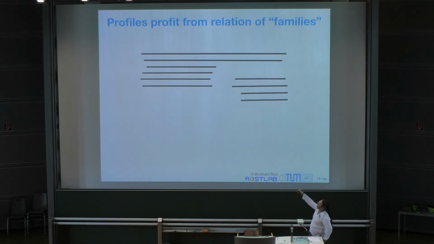And I said before, if you see an alignment like that, it's indicative of a domain here and a domain here. Now, what it tells you already is that what you see there has different